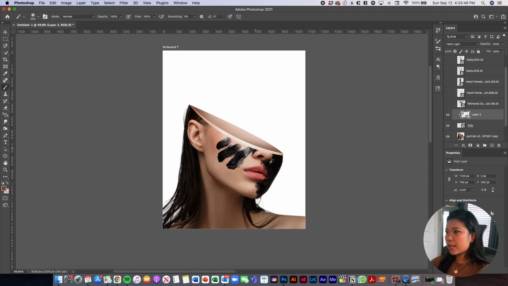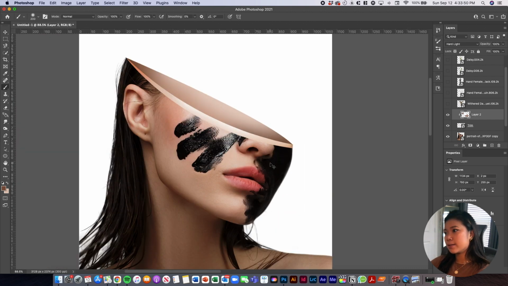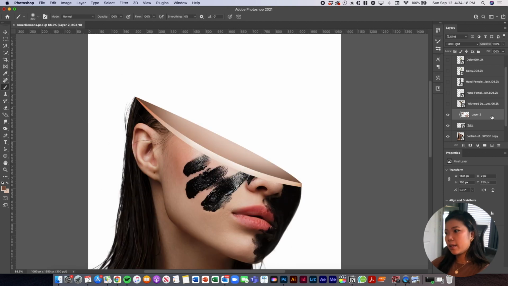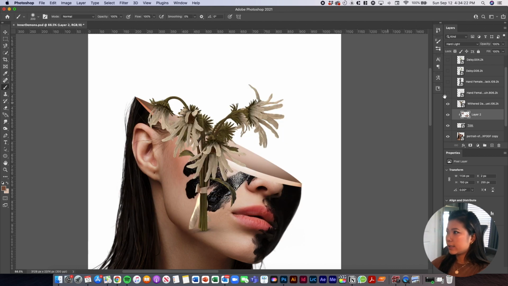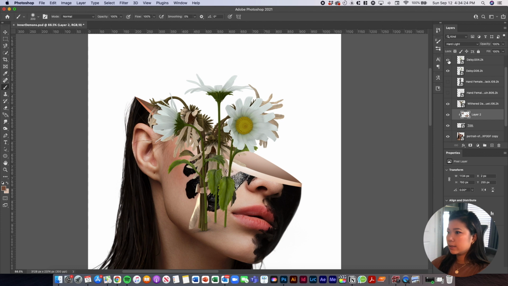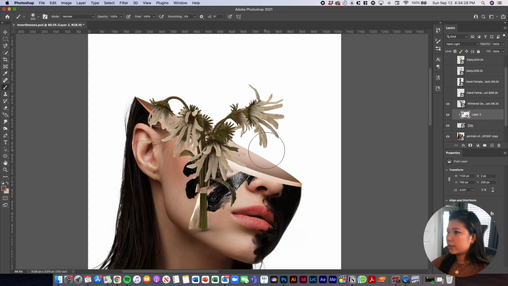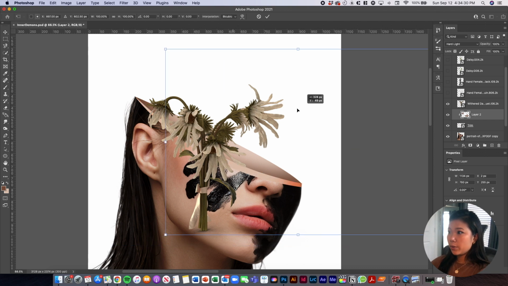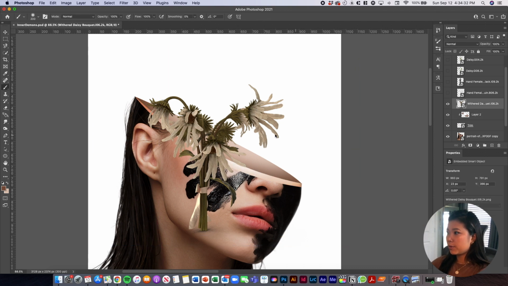And a lot of times you just have to play around with the settings and see as you go. I think that's also the beauty of art. Okay, I'm kind of liking where it's at right now. I think I'm gonna add the daisies. Okay, so I have the withered ones, and the withered ones,